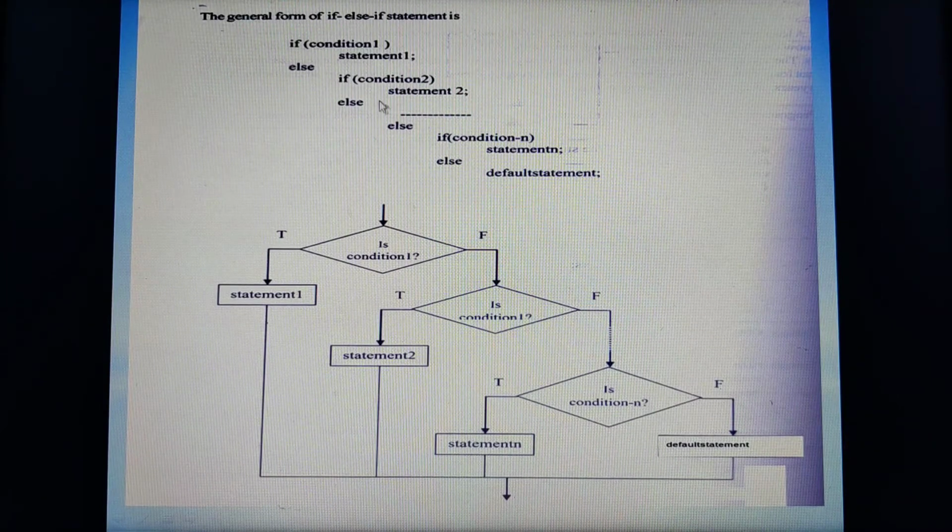As per this, we have conditions 1, 2, up to n, which means you can make choices based upon these n conditions. If none of these conditions is satisfied, then the control will directly jump to the default statement and the default statement will be executed.